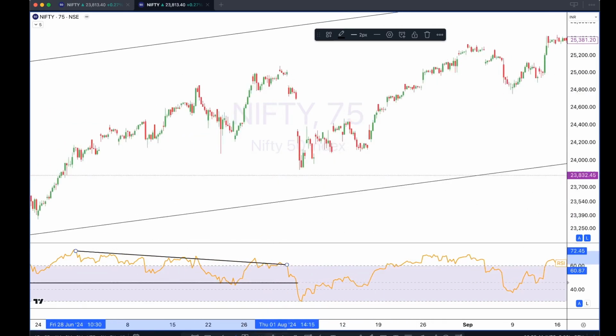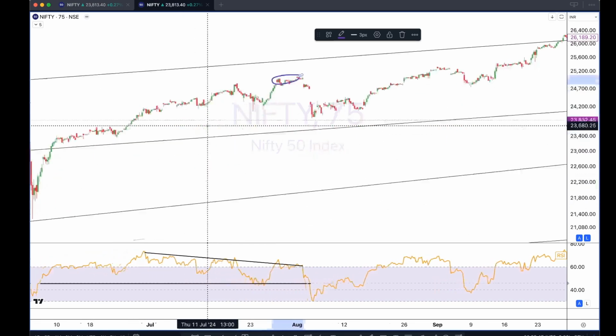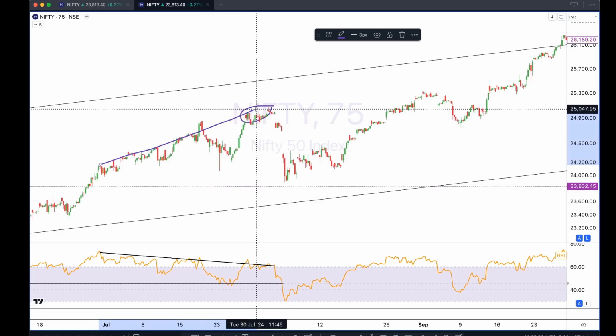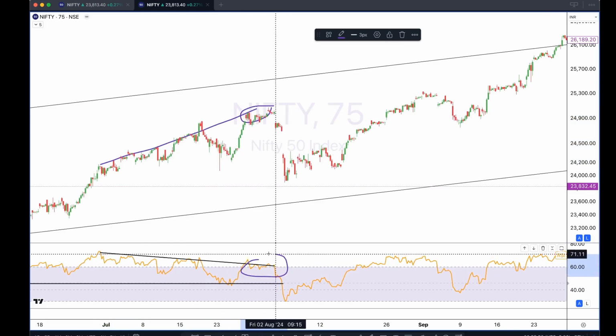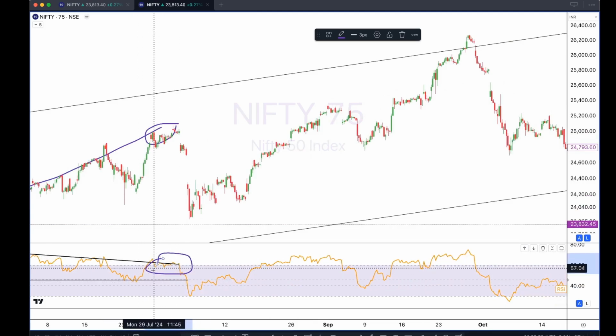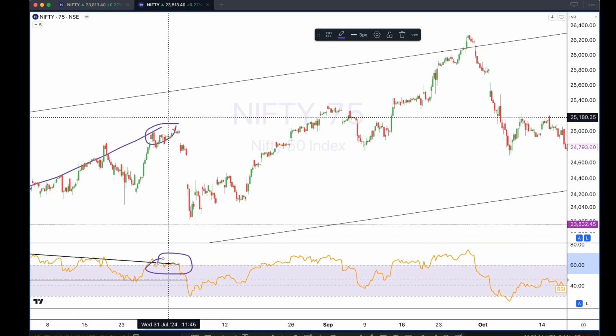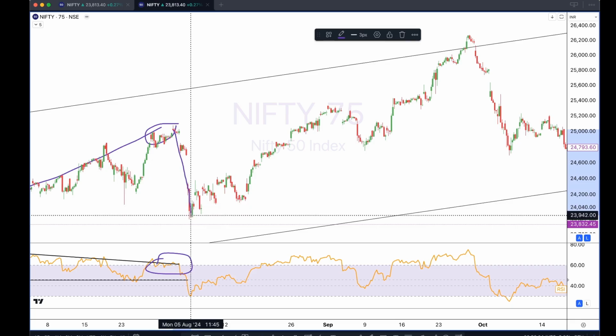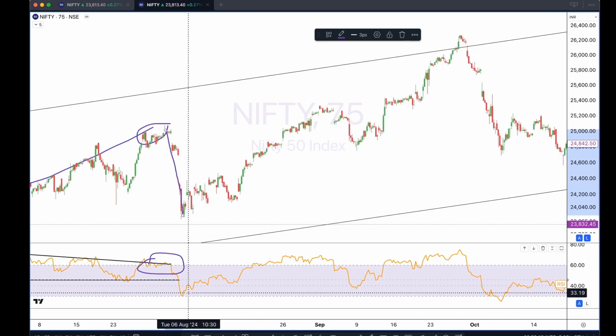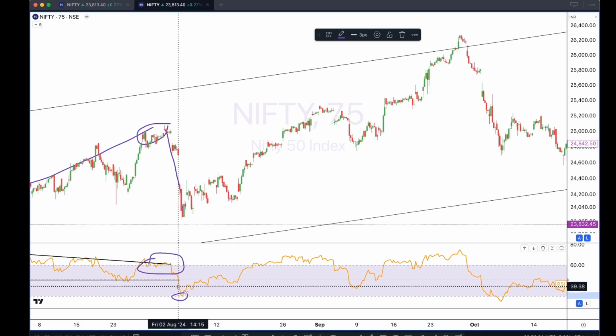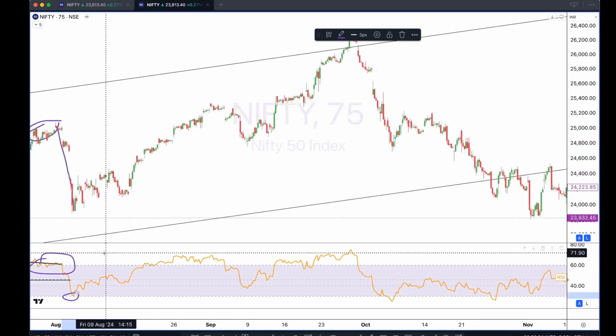So here it's forming a higher high compared to the previous days. If you look at the RSI, it is barely able to sustain itself above the level of 60. So this showed us that momentum had weakened, right? And soon enough, we saw a major correction here, all the way from 25,000 to 24,000 approximately. That's almost 1,000 point drop in a matter of just 4 days, or rather 2 trading days. Here, this stopped right when RSI touched the level of 30,